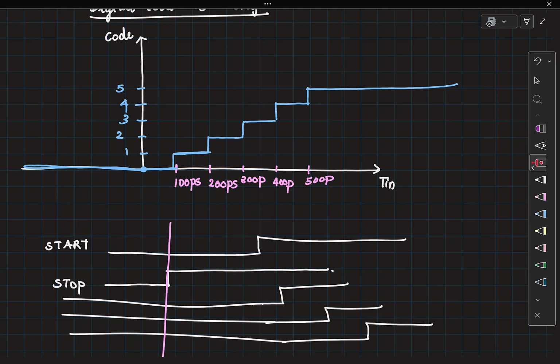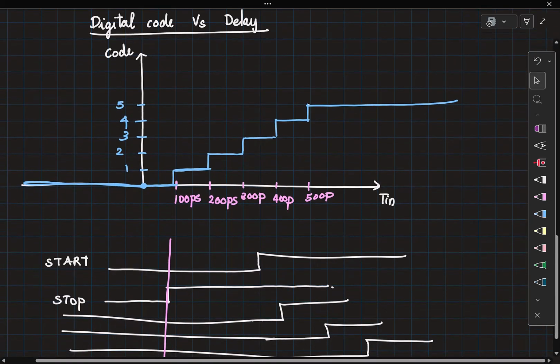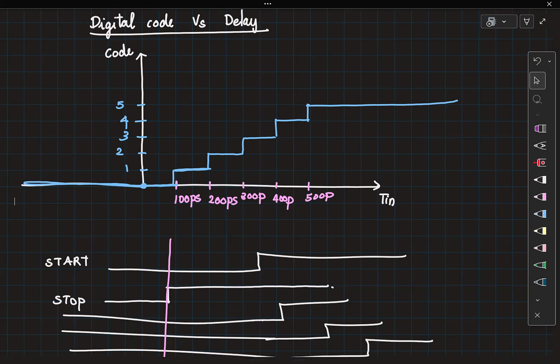Okay, any questions here? Yes. If we have a clock, simply we can use a counter also. So that was covered in the last class, where if you have a clock, you can simply count the number of clock edges between the start and the stop, right? Now for a 100 picosecond resolution, what is the clock frequency you would require? It will be 10 gigahertz. That won't be possible, right?